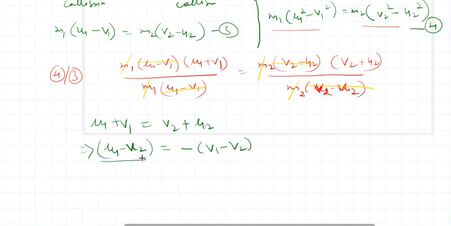So this is the difference of the initial velocities and the difference of the final velocities, and this difference basically represents the relative velocity. So this equation number 5 shows that